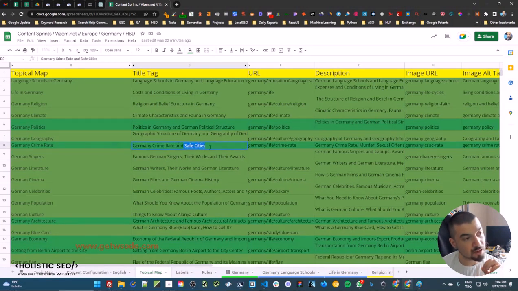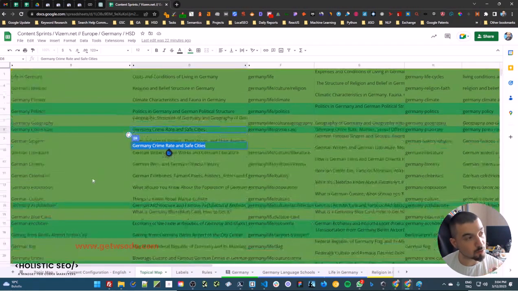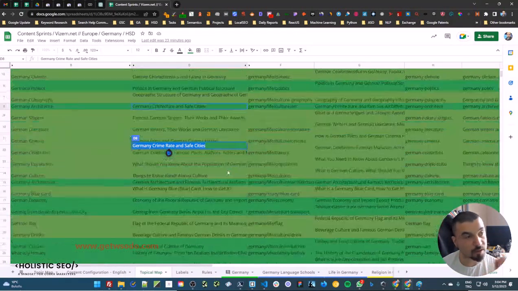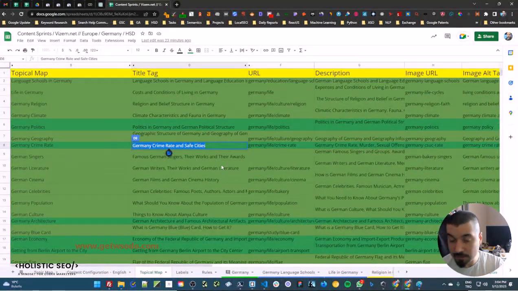Here, for instance, we slightly expand our context just a little bit. In our topical map, we won't be writing every city in Germany, but to include all these entities with a specific type of context, we add this here, because crime rate is relevant to the word safe. Now we add cities, which is relevant to Germany, and we can rank all the cities in Germany there. Then for the most important ones, we can connect back to the visa section for living or for taking education or whatever your visa type is. So if you need to include certain types of entities in your semantic content network, you can use these opportunities as well.